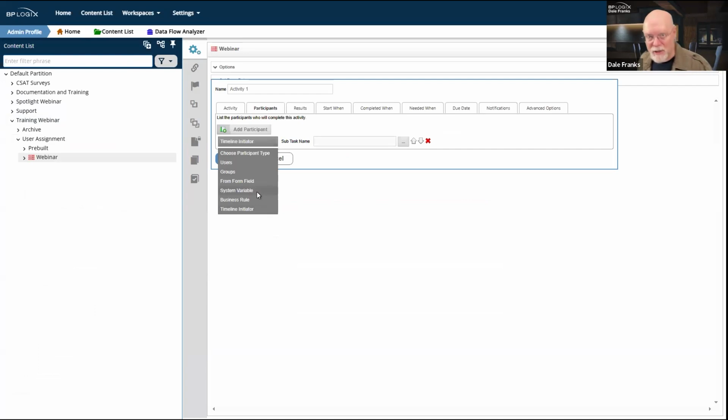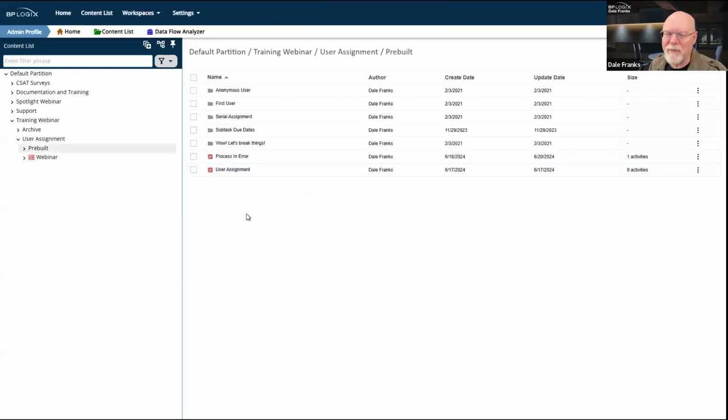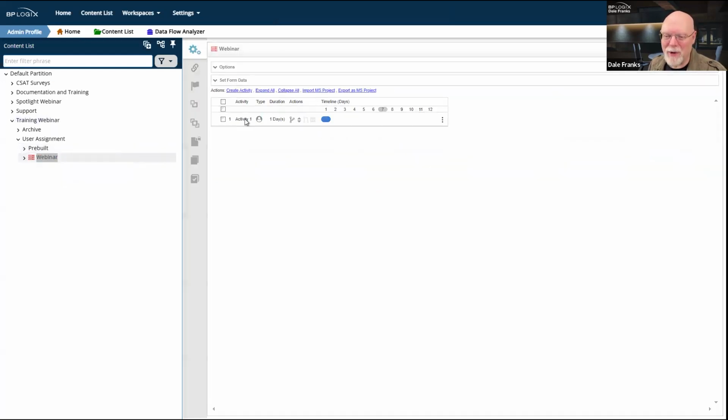Now, like I said just a second ago, there's some things that we may know about the user. And so we can assign things via system variable. I think probably the most common, by the way, do I have a pre-built one here so that I don't have to manually configure it? I don't think I do. No, sorry, I don't. So I guess I will have to sort of manually configure it.